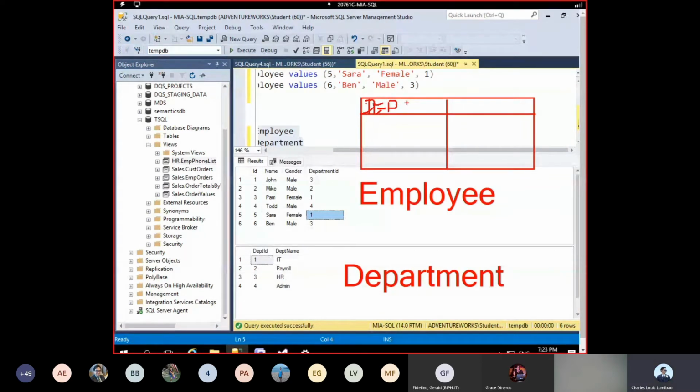So sorry sa penmanship dahil mahirap mag-mouse. And then dito is number of employees. Ayan, number of employees dito. So, we want to generate a result set na ang magiging laman niya is two columns na nandito yung department name and total number of employees na more than two yung laman. Okay? Or more than two yung nasa department na yon. So, for example,